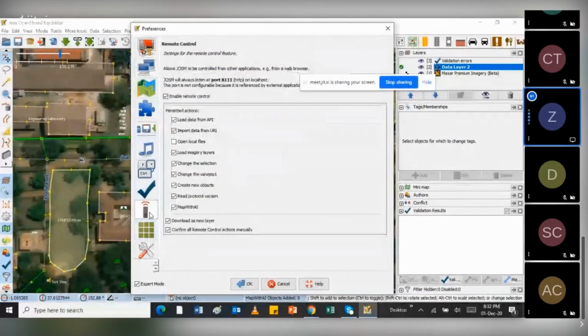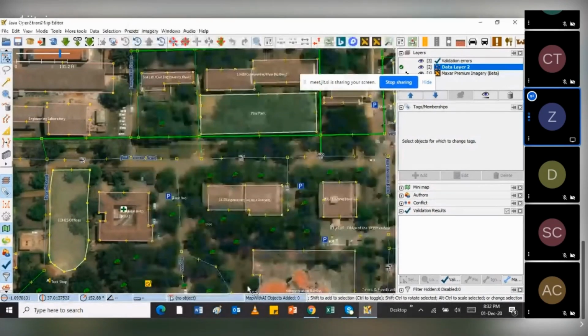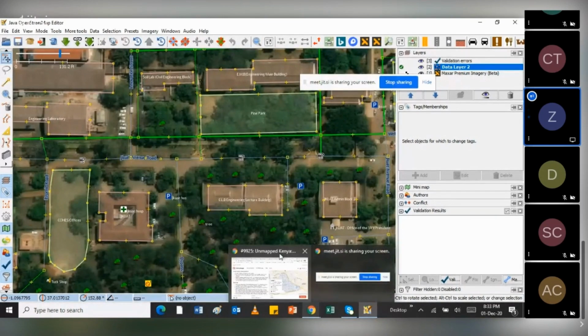In this case, I'll just click on the remote control. It's already enabled, but most of the time you find it's not enabled, so you just click on enable. Then I'll click on OK. What I've just done is create communication between JOSM and the tasking manager.